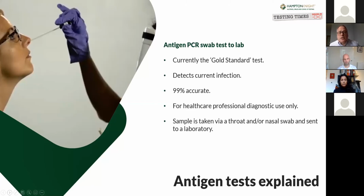And the sensitivity and specificity of these tests indicate about 99% accuracy, if not better than that. Again, as previously described, these tests should only be done under the guidance of healthcare professionals, and the labs that these tests are being sent to should be UKAS accredited. And they will have their own quality assurance processes and things like that. The test itself doesn't take long. As demonstrated on the slide there, it's a nasal swab and a throat swab